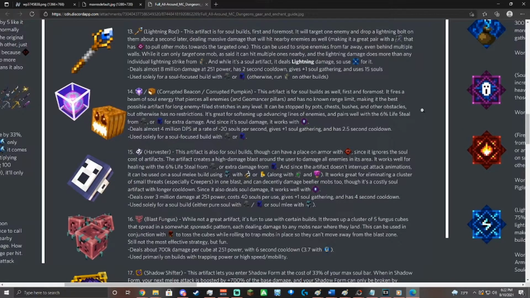Next then we have Lightning Rod. This artifact is for soul builds, first and foremost. It will target 1 enemy and drop a lightning bolt on them about a second later, dealing massive damage that will hit nearby enemies as well, which makes it a great pair with a Feral Soul crossbow that has gravity to pull other mobs towards that targeted one, but also I had